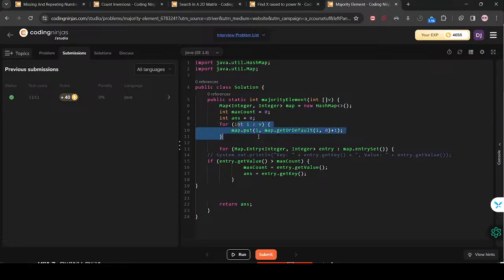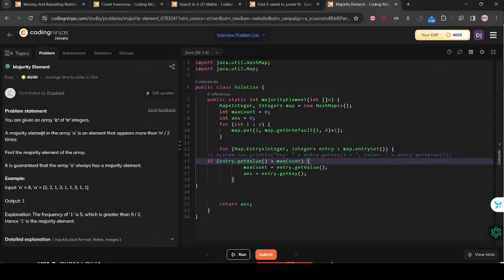Setting up a hash map containing the counts, then we will iterate the hash map and check if count is greater than max count. The count is equal to 0. So we are iterating and trying to find the element with the highest count. Okay,